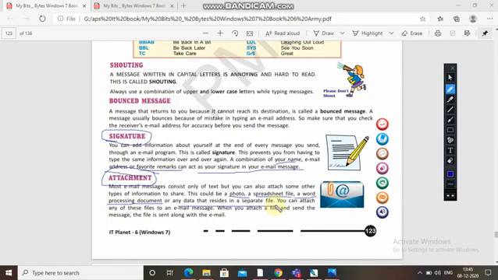Even videos you can attach with your email and send to the other person. You can attach any of these files to an email message, and when you attach a file and send the message, the file is sent along with the email. So these get uploaded, and with your email message they reach the destination, and the other person downloads them and sees the photo, document or video which you have attached with your email. Clear to you all?